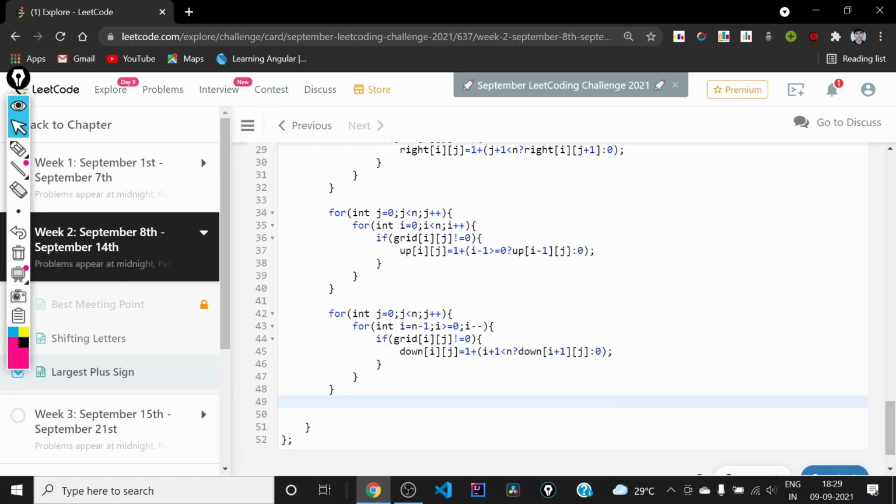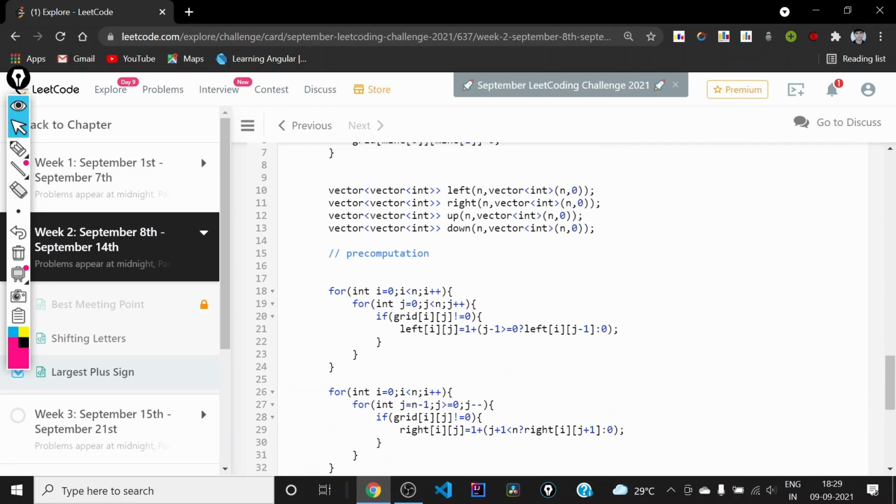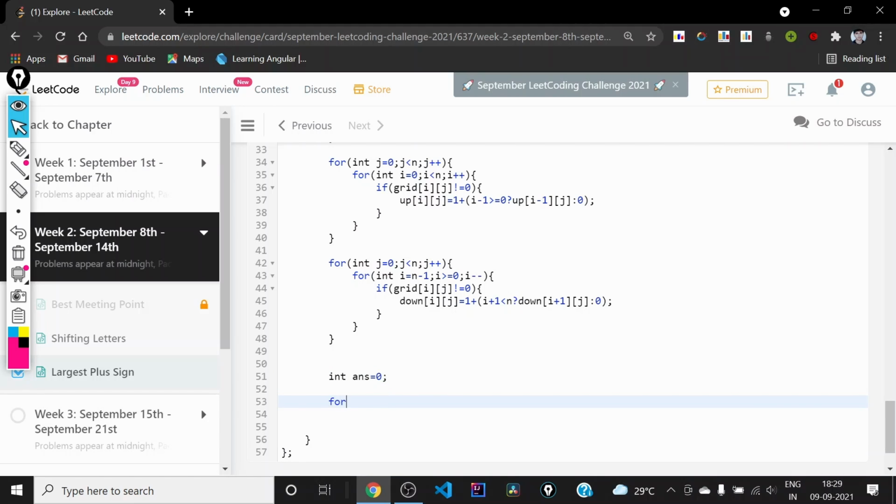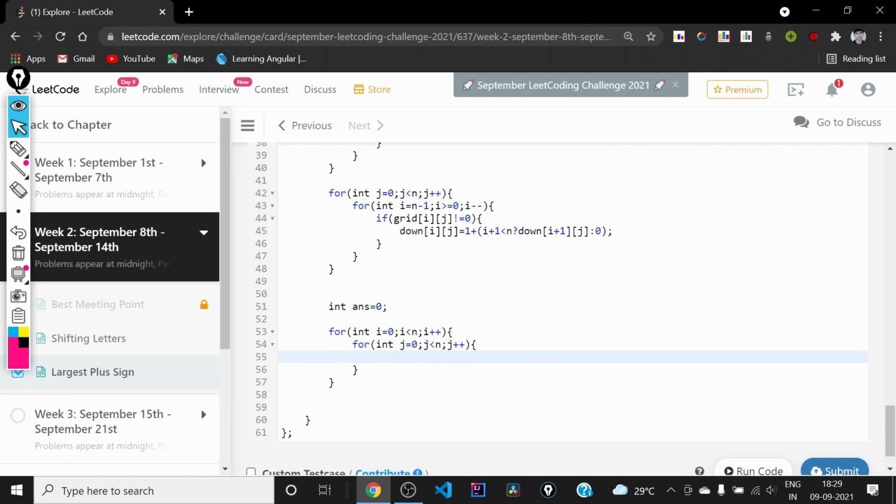So all these 4 pre-computations have been done, so we can construct the answer. I will initialize the answer as 0, and I will consider every plus possible at each of the centers. So this I and j are basically symbolizing all the cells of the grid.